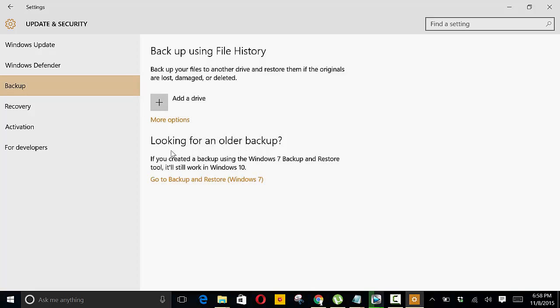If I want to, I can also restore older backups as far back as Windows 7. This is Windows 10, so if I have anything in a Windows 7 backup, I can restore it. Right now, I believe my Windows 7 backup has been removed, so this is not going to work. But say you install Windows 10 on a Windows 7 computer that you have, and you like Windows 10, but then there's a couple of programs that don't work. Oh my God, I need to use these programs. What am I going to do? I've got to go back to Windows 7. This is how you do it, my friends. You come here and you choose this, and it'll restore your laptop back to